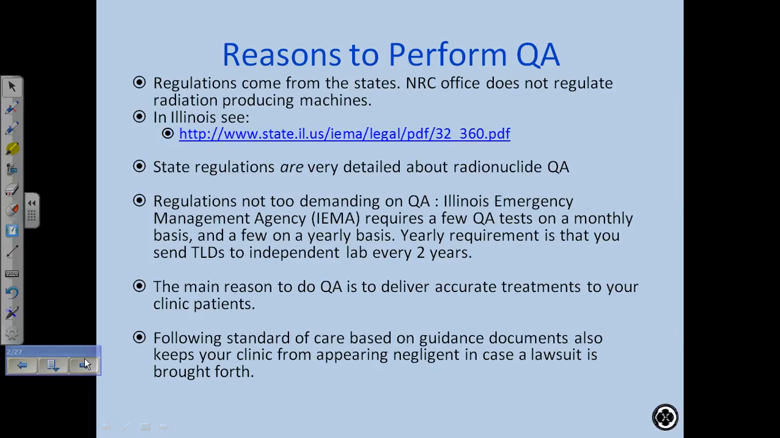Okay, so reasons to perform QA. Regulations come from the states. Now, those regulations have to do mostly with X-ray producing machines. Okay, so the states regulate X-ray producing machines such as linear accelerators, X-ray units, CT scanners. So the regulations that regulate those machines come from the states. The Nuclear Regulatory Commission, these guys are feds. Okay, so these are federales. They're federal. They're not state regulated, and they don't regulate radiation-producing machines. They regulate